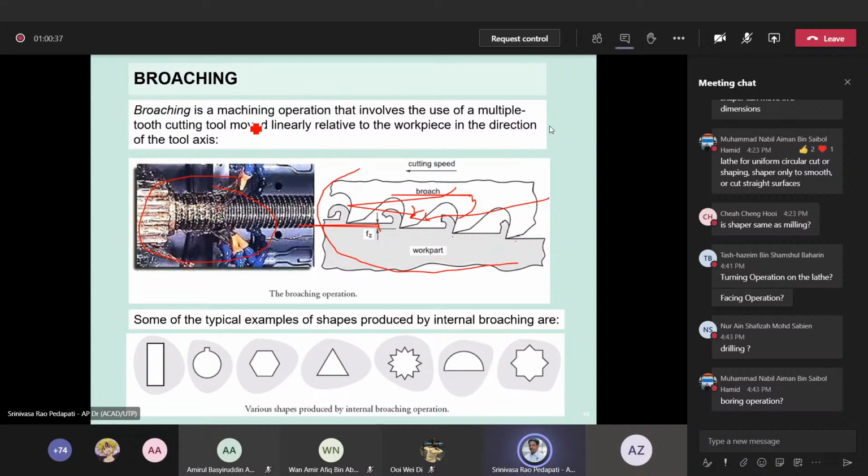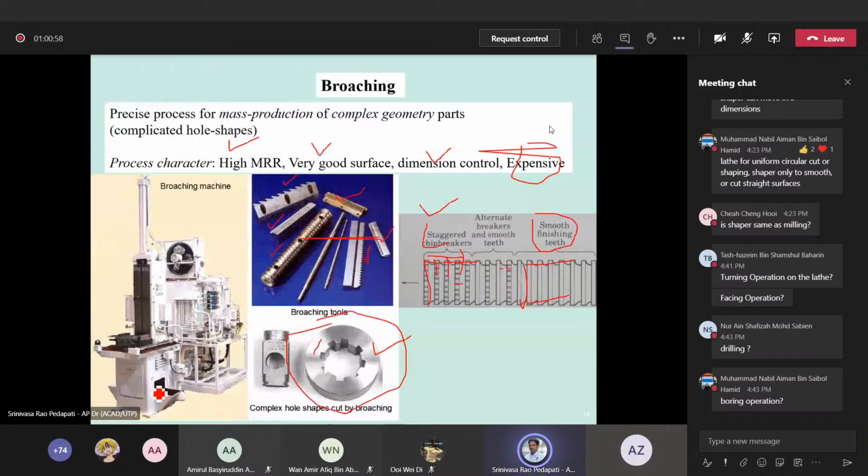So broaching is a machining operation that involves use of multiple cutting teeth moving linearly relative to the workpiece in the direction of the line. So this is the tool, and it is moving, and it cuts as it goes inside. So some of the shapes that are possible with broaching, for example, if you want a rectangular cut in the previous thing,